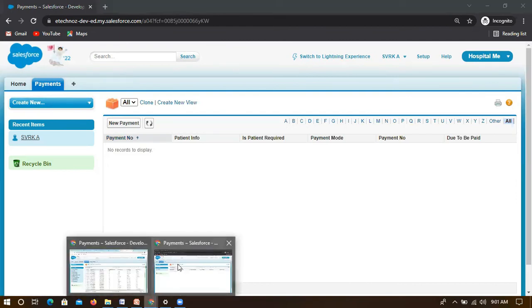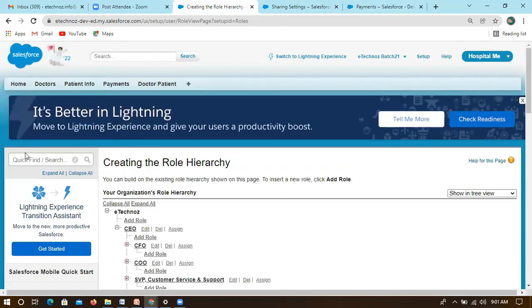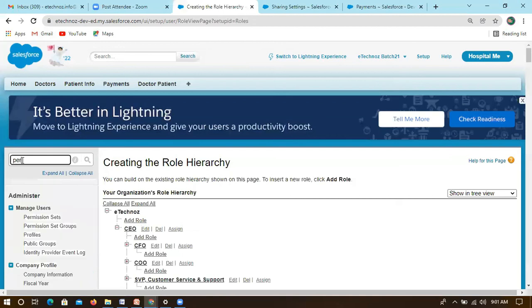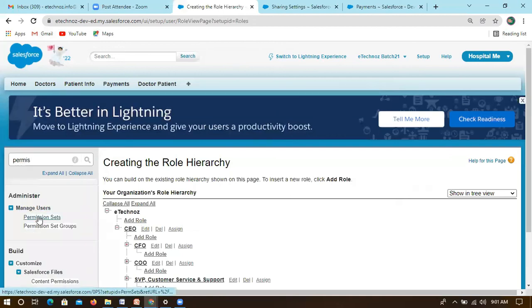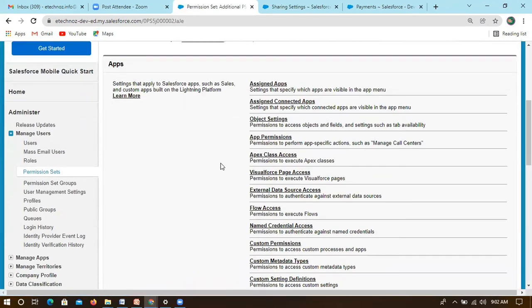If you want to give additional access to any other object, what we need to do is go to permission set. Quickly go to permission set. The permission set which we created is something like SCA users, right? So this additional PS to SCA users is the permission set which we created, and here we add